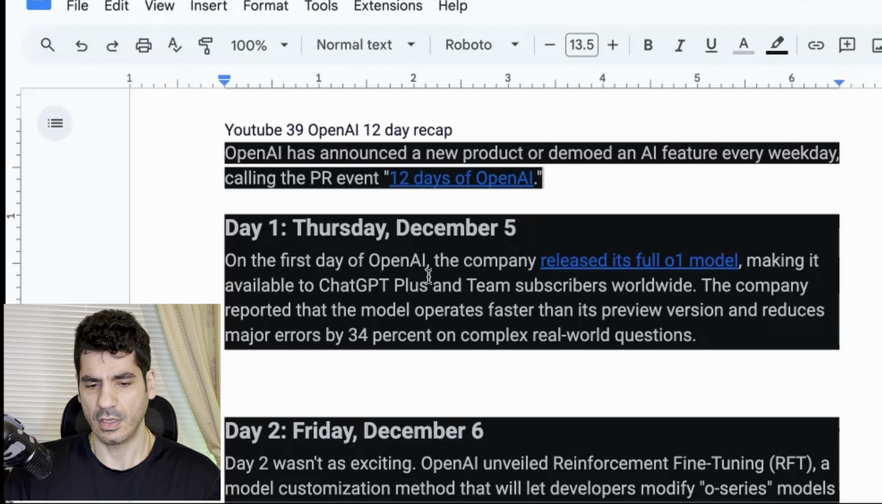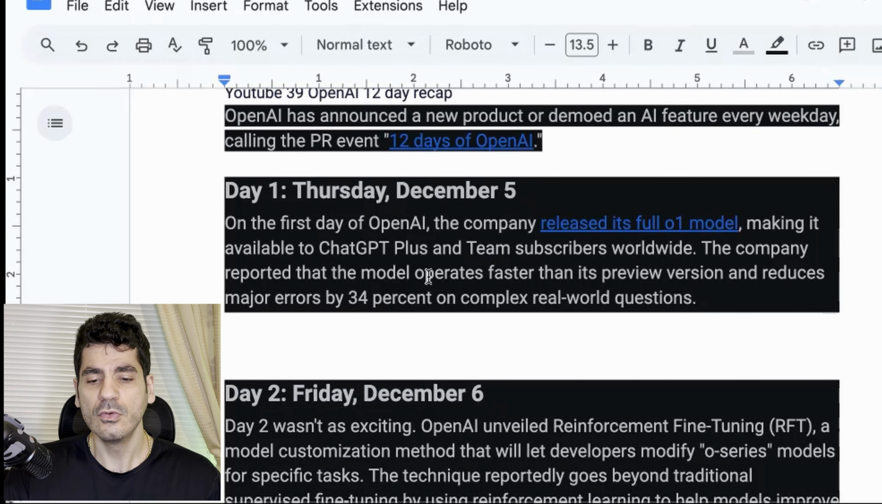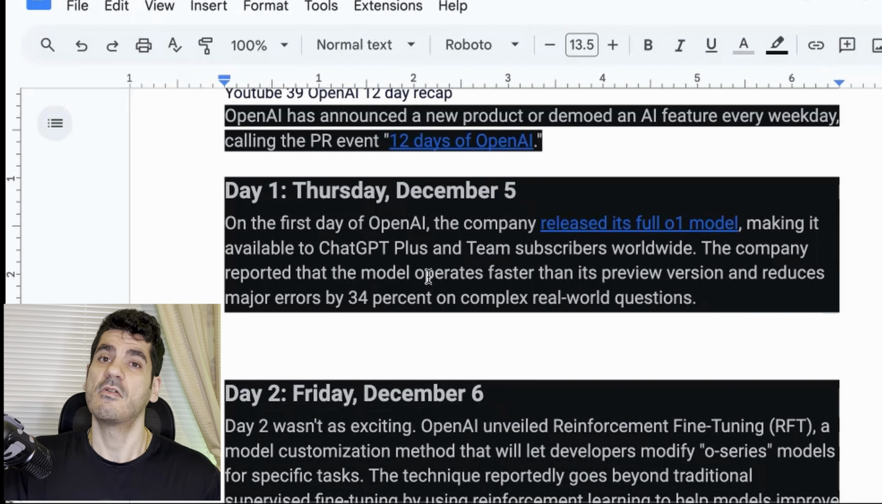The first is day one, which was on December 5th. On the first day, they released the full O1 model, making it available to ChatGPT Plus and Team subscribers worldwide. The company reported that the model performs faster than its previous version and reduces major errors by 34% on complex real-world problems. Very quickly, the O1 model uses test-time compute, so we basically try reasoning and